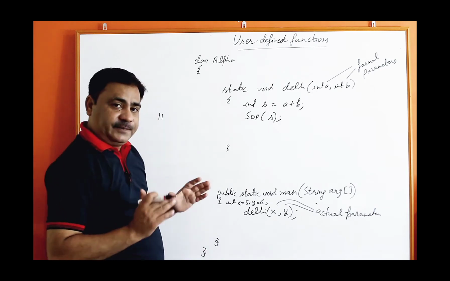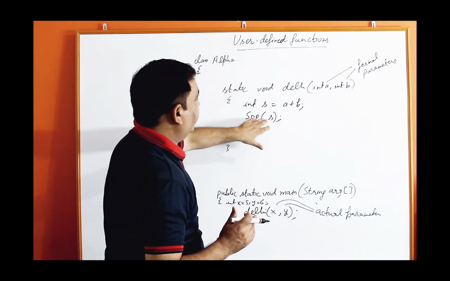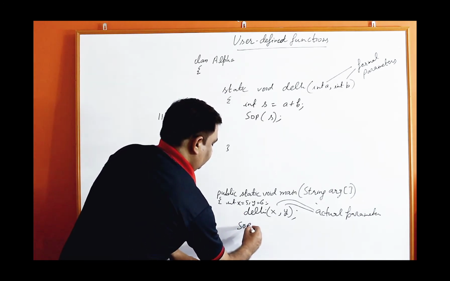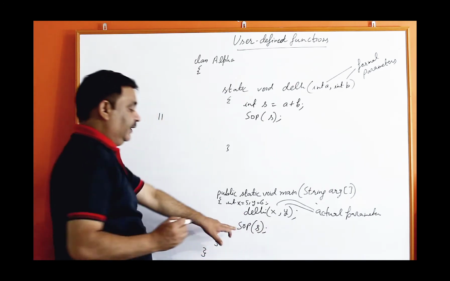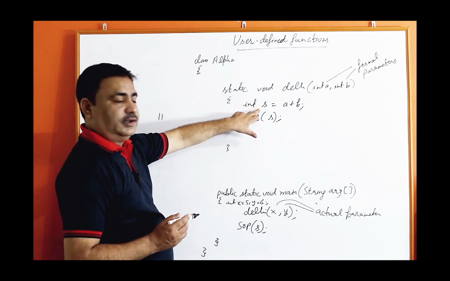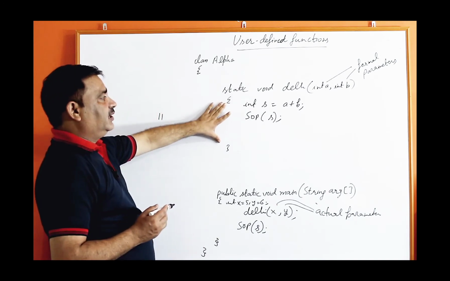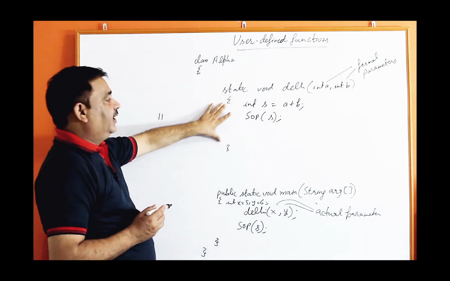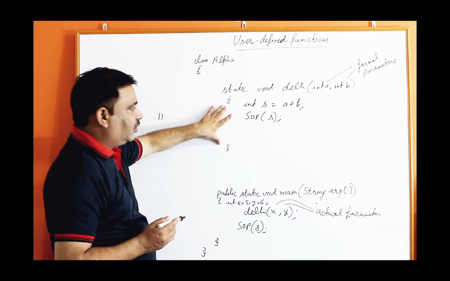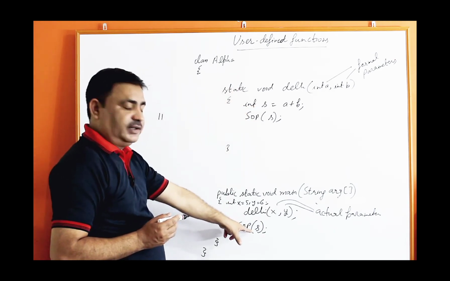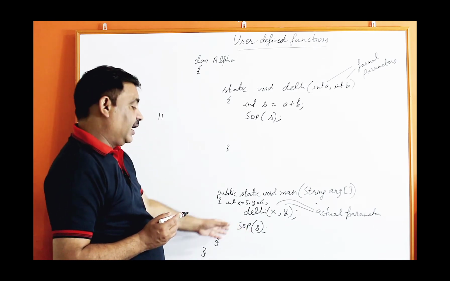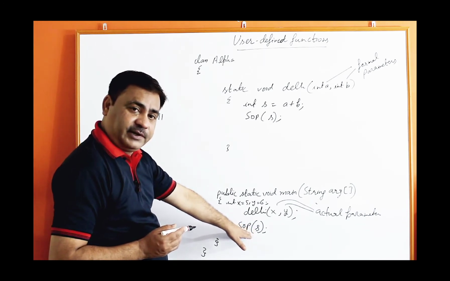Now one more thing, if you want to print the value of s in the main function, it will give an error, undefined variable, because s is declared in this body. The scope of the variable is limited to the block where it is declared. s is declared inside this block, so the s variable cannot be used outside this block. You cannot use s here. Here there will be an error. But I want to print the value of s in the main function.